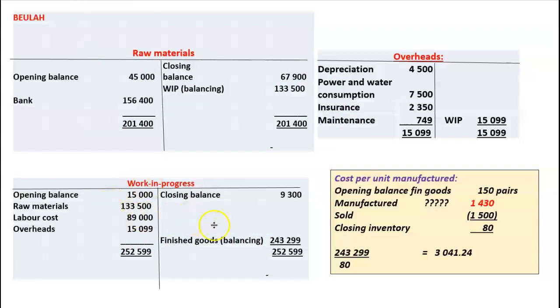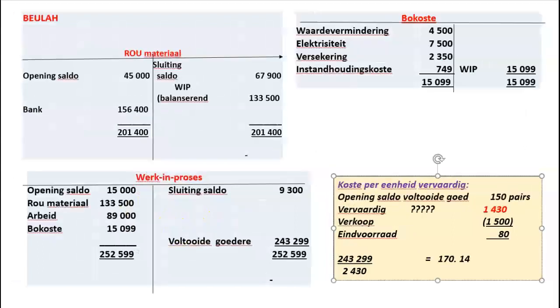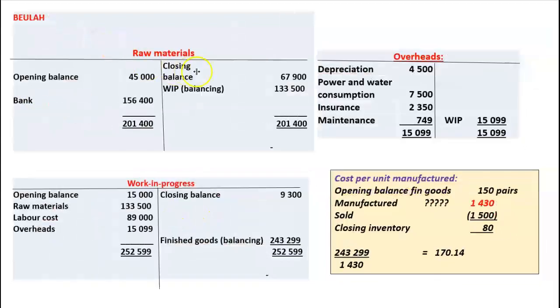So work in progress always has my actual cost of manufacturing. We can also now work out what our total cost of manufacturing is. If the total cost of manufacturing was 243,299, and we have determined the number of